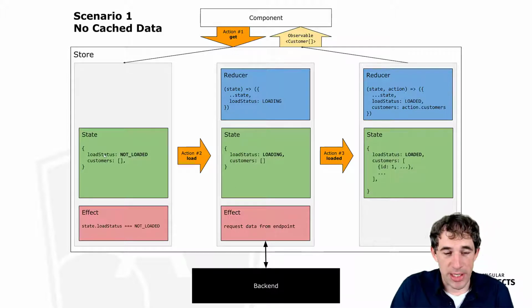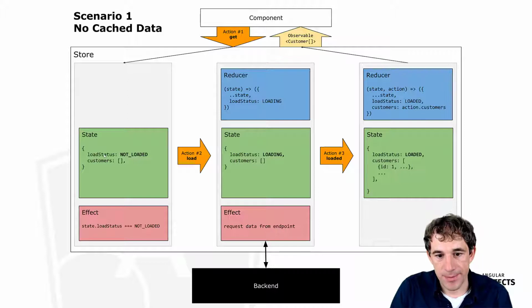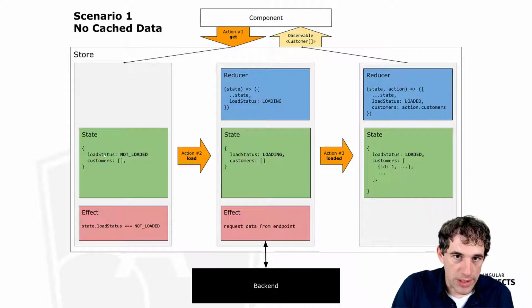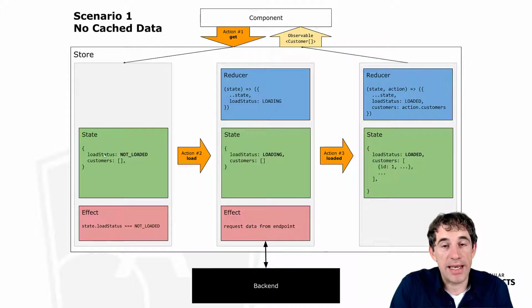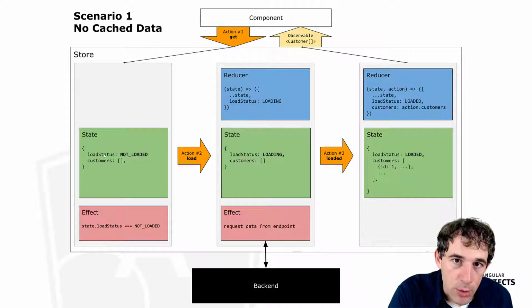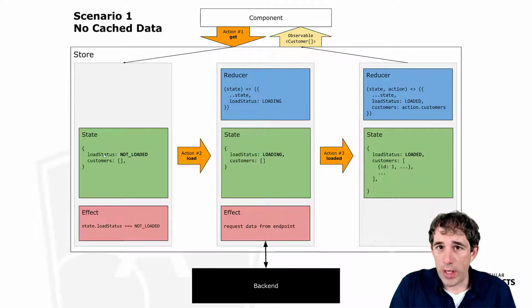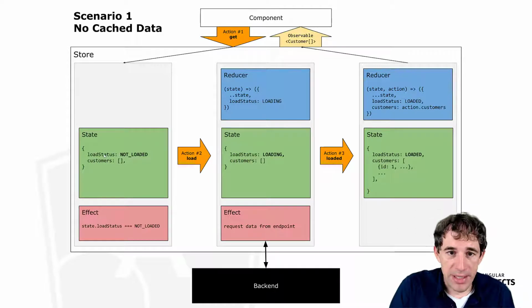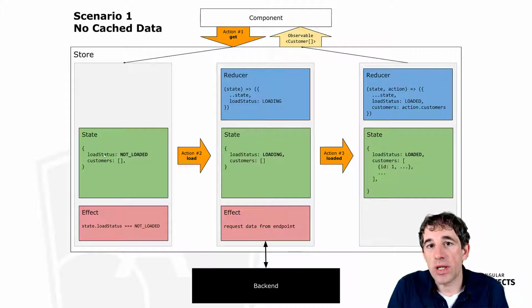So when the get action is dispatched, the reducer does nothing. The only element that jumps in is the effect, because the effect will check now if a loading is required or not, and if it is required, then the effect will trigger the load action. Inside of the load action, we are doing the normal HTTP request, but in addition, the reducer is setting the LoadStatus property to loading. And this will prevent